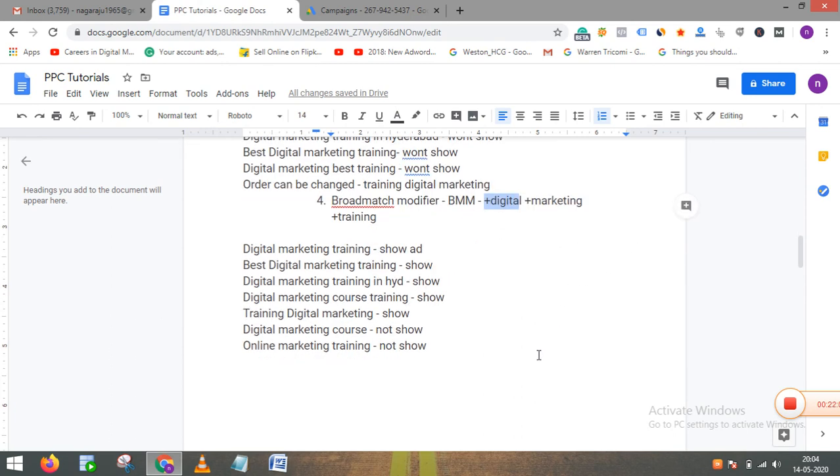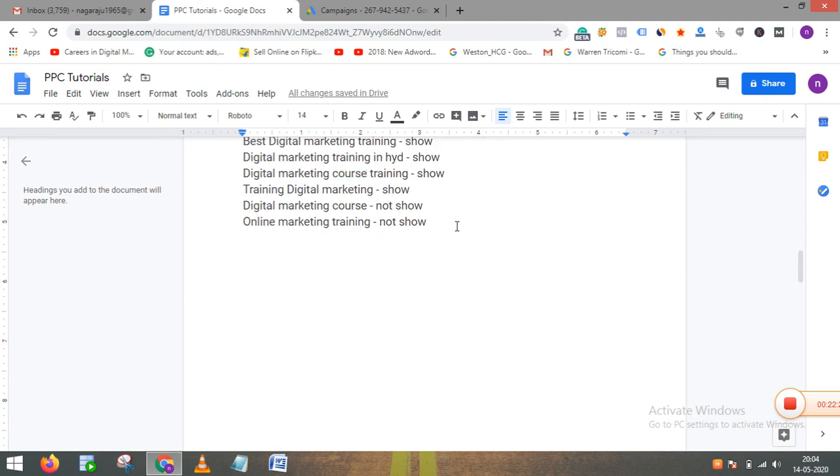So this is what is broad match modifier. Order can be changed, jumbling of words is also allowed. Words can be added: any extra word can be added before the words, after the words, or in between the words, but only if any of the words is missing, then Google won't show up advertiser ads or your ads. And the last one we have is